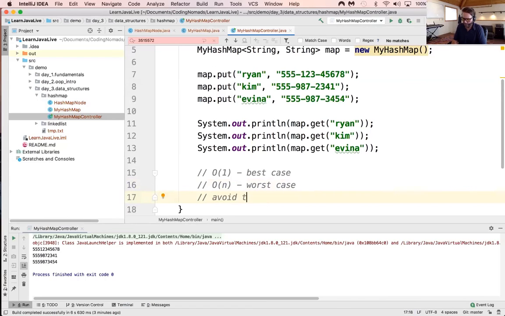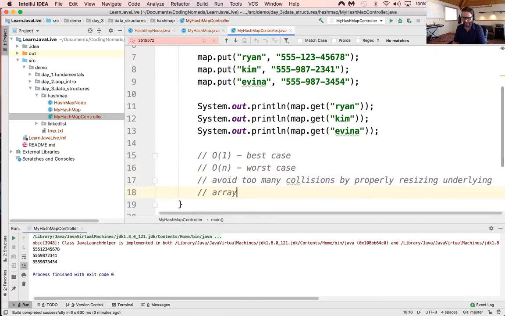So the way that we avoid this is by avoiding too many collisions, collision with two L's, by properly resizing the underlying array as it fills up,